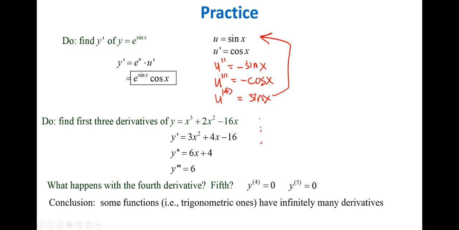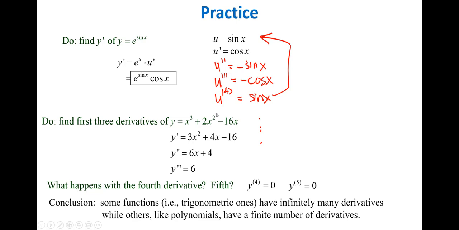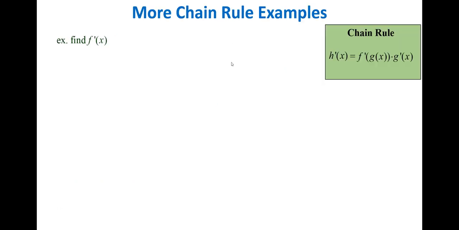Right? So now jump down to my conclusion here. Some functions, like trigonometric functions, are going to have infinitely many derivatives, whereas something like a polynomial will have a finite number of derivatives. Next example, find f prime of x, given that f of x is equal to 1